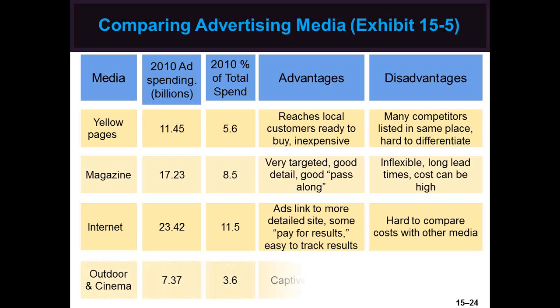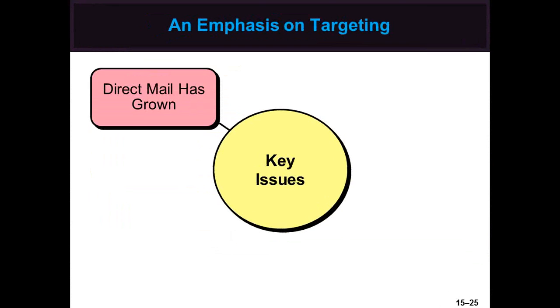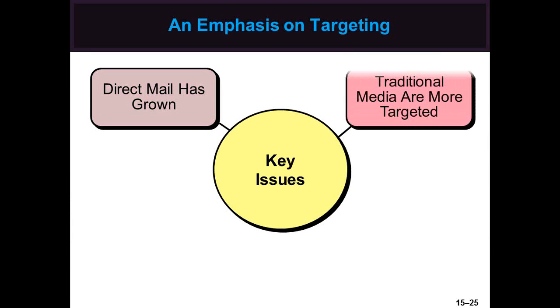Outdoor advertising is flexible, inexpensive, and offers repeat exposures. However, exposure is very short and there is a lack of market segmentation. Cinema has a younger appeal. Most major media are now becoming more targeted to reach smaller, more defined target markets. Specialized media are small but gaining. Examples include advertising on shopping carts, gasoline pumps, bike racks, and automatic teller machines. The more targeted the medium is, the more precisely a marketer can zero in on a particular target market.